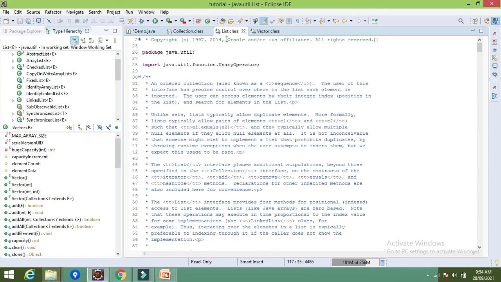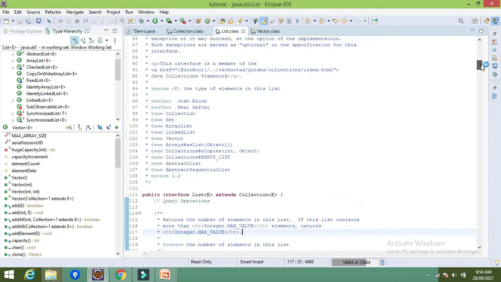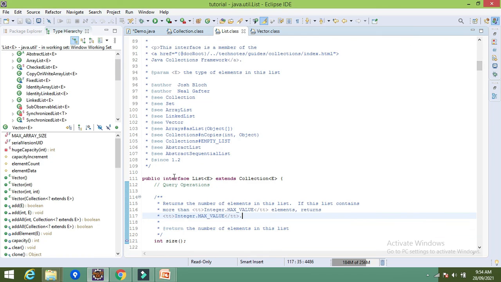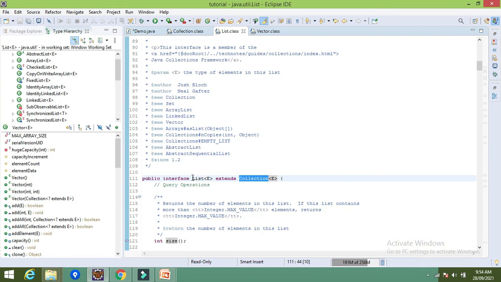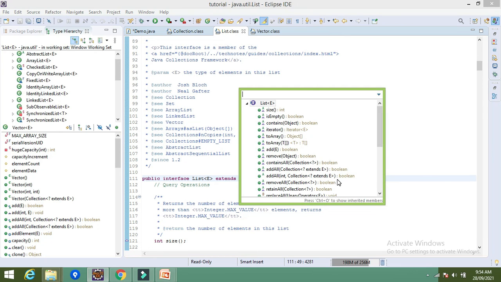It is present in the java.util.List package. Here you find interface List extends the Collection interface. I told you already that whatever methods are available in Collection will be available in the List interface as well. If you press Ctrl+O, it gives all the methods available in the List interface.